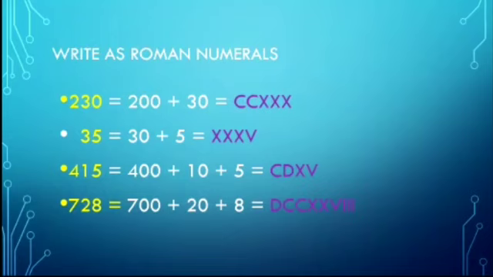See the next one, 728. You can expand like this: 700 plus 20 plus 8. There is no value for 700 in Roman numerals. We know only 7 different alphabets, right? The biggest alphabet here is 500, so you can use D. For 600 you need to add 100, and then for 700 we need to add one more 100, that is D, C, C. And then for 20, X, X. And then for 8, 5 plus 1 plus 1 plus 1, that is V, I, I, I.